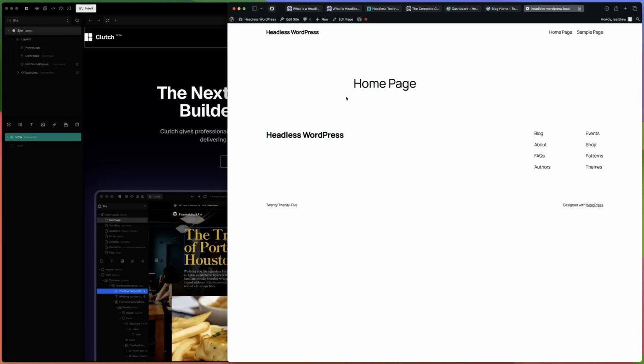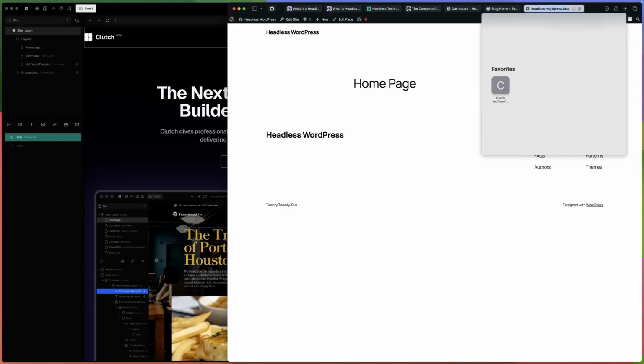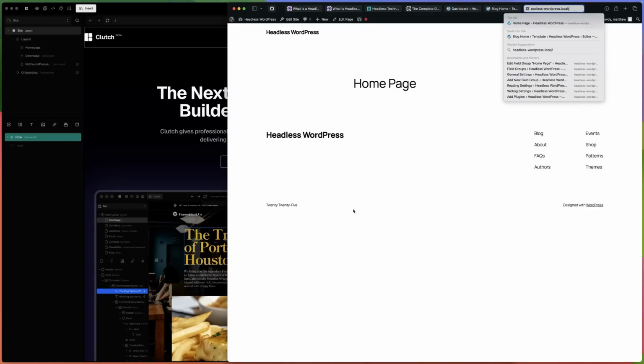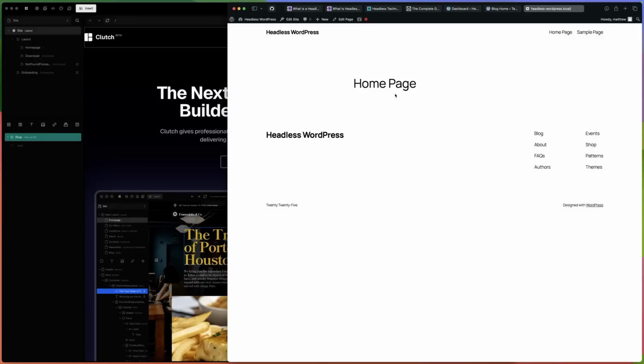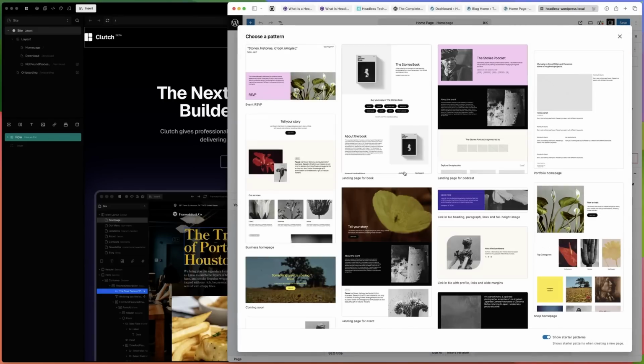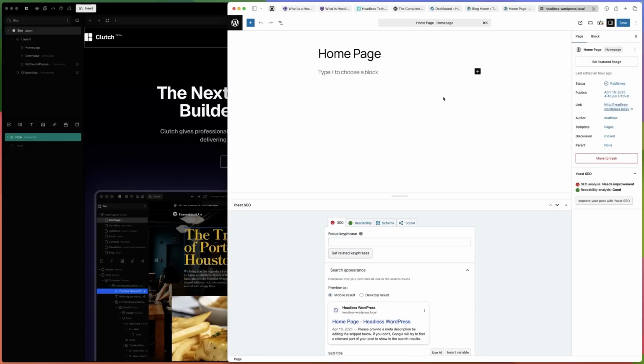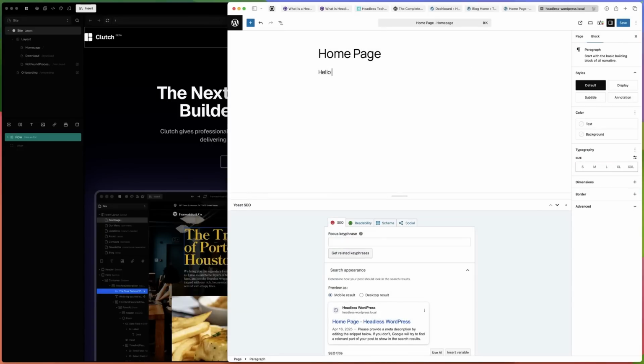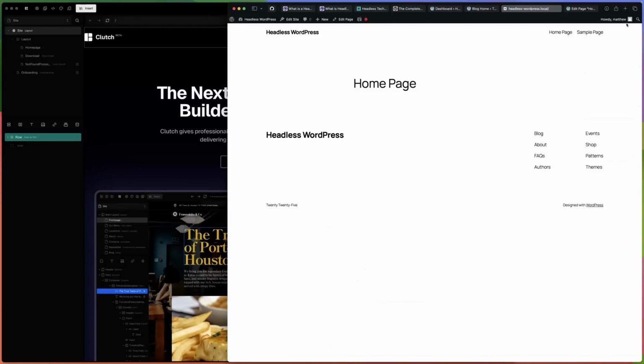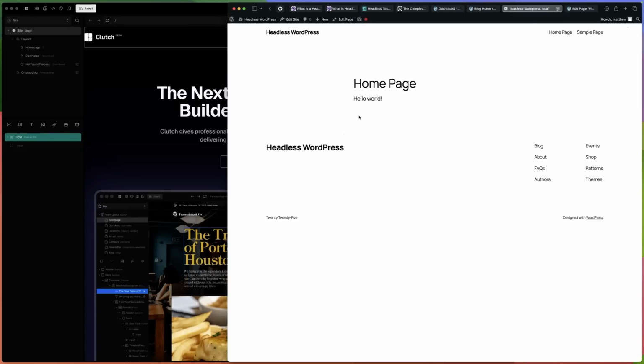This is our WordPress homepage, which I'm just running on local. And you can see when I go here, it shows this homepage, and I can click here on edit page. And I can add these Gutenberg blocks if I want. Or I could come in here and type in hello world. And if I click save and I come back and I refresh, we see hello world. And with this setup,